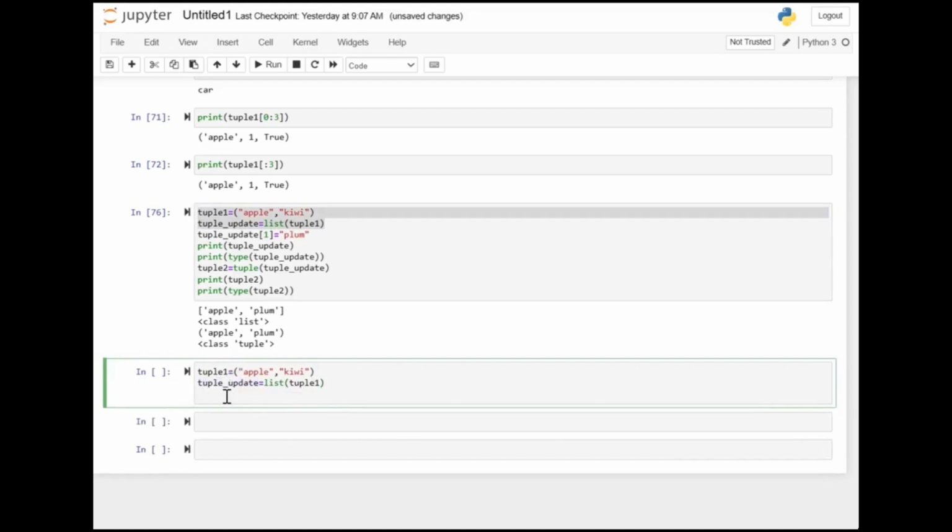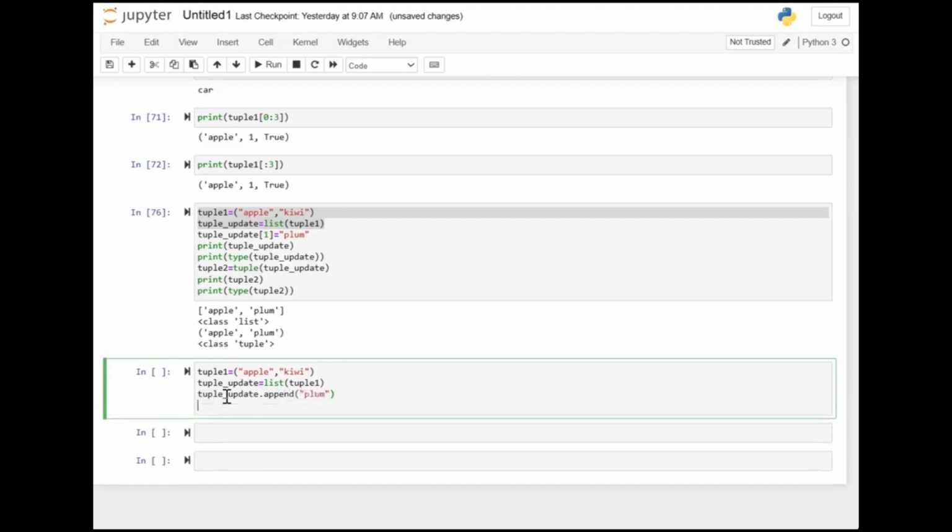So we can do tuple update dot append. Suppose we are using here another value plum, and now we are again assigning this tuple update to tuple of tuple update variable,